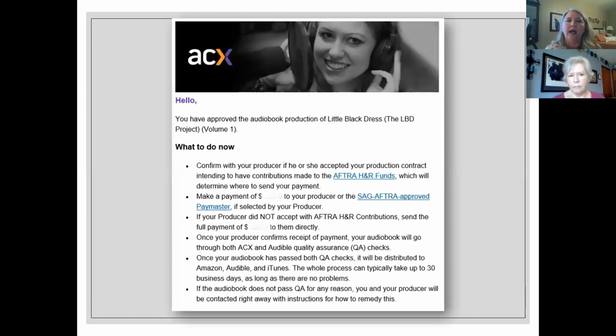And so when you get it all approved and you confirm and everything's good, you have approved the final thing. You send it in, and they're going to give you the information. They're going to say, okay, you need to pay them. They're not going to do anything until you actually pay them. So you approve everything and you pay them. Once they confirm with ACX that they got your money, then it will go to quality,